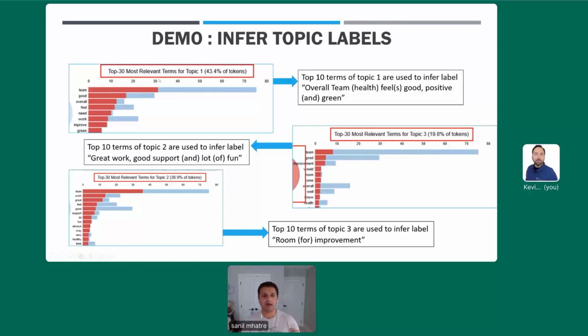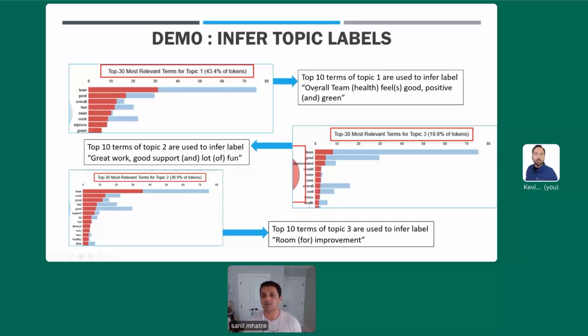So, when I look at the top 10 terms for topic number one, they make me think of a sentence that I could potentially create using those words. Think of it like Scrabble, but you're working with words rather than individual letters.